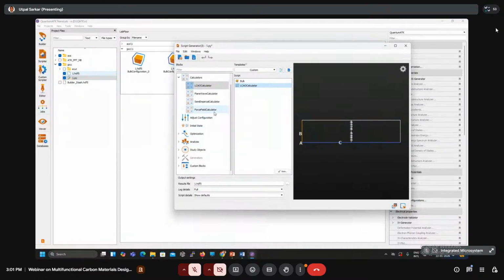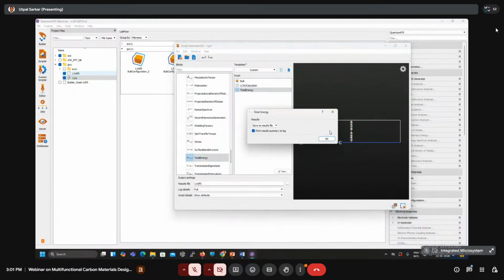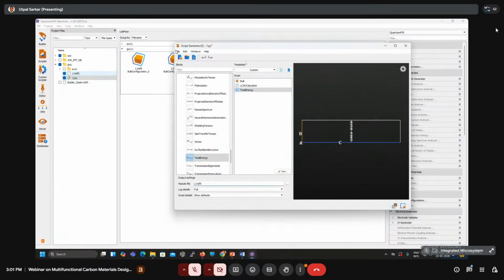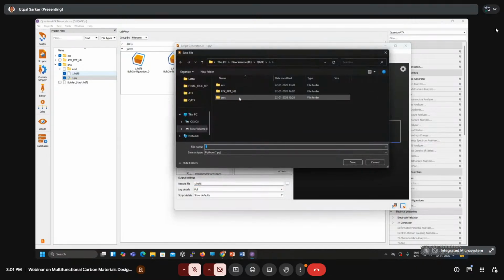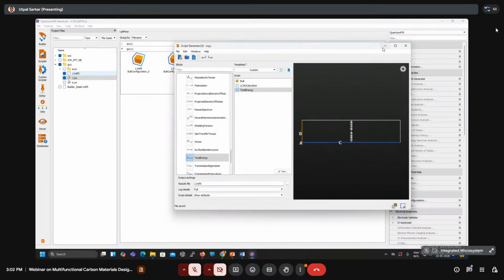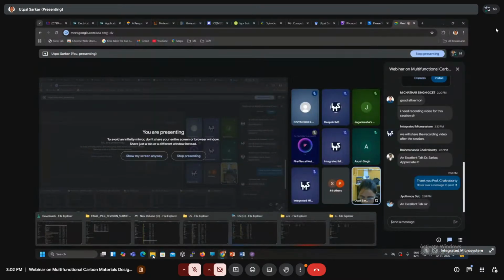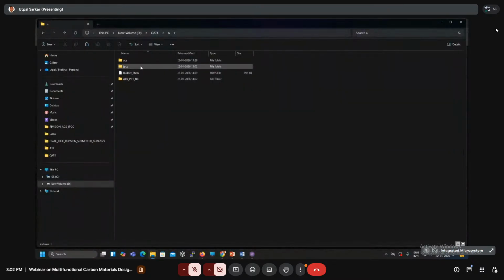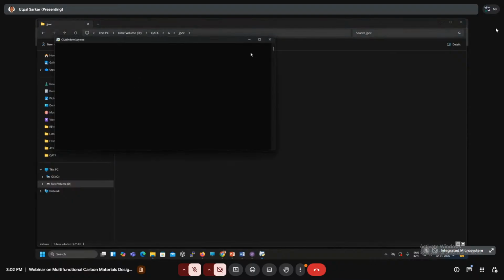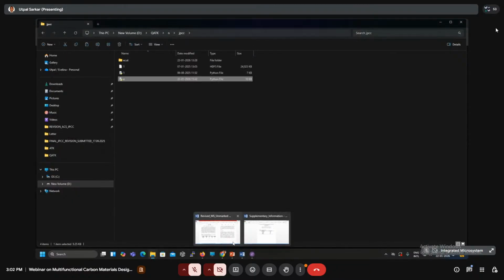After setting the calculator, you go to the analysis part. Here you will see the total energy block. Now you have to click the total energy and save the structure as it is, in one file. I have saved it as E, and it will be saved as a py file. You can check whether it is saved properly or not. See here, the py file has been saved properly.